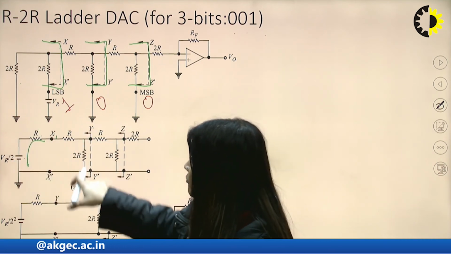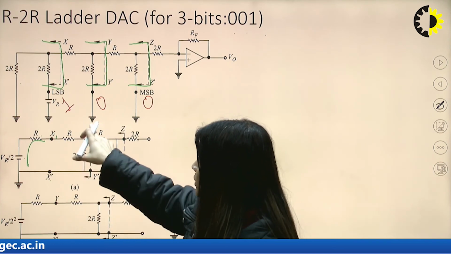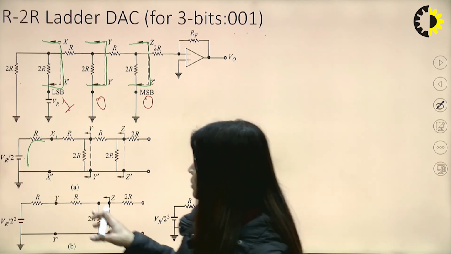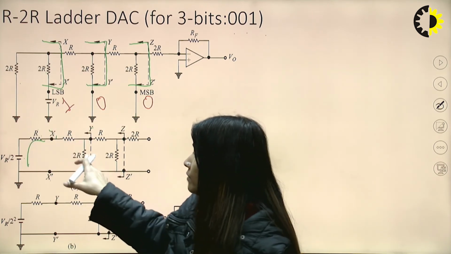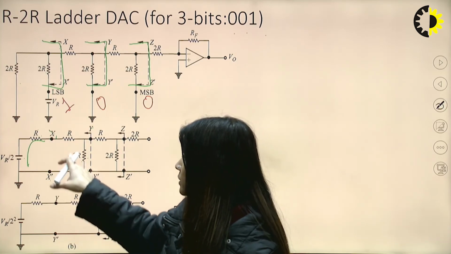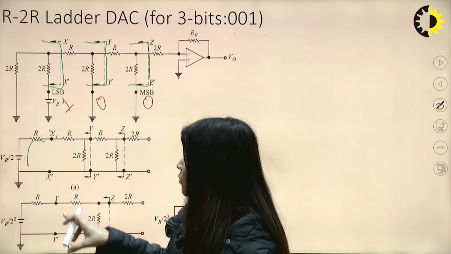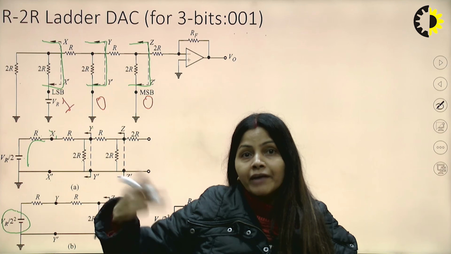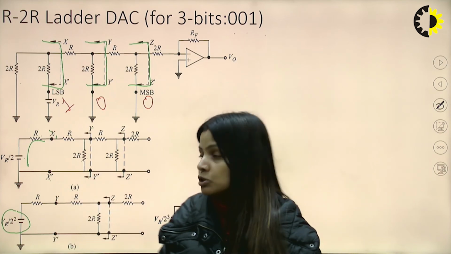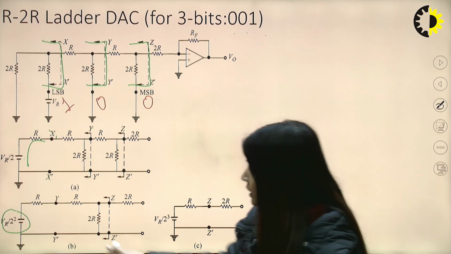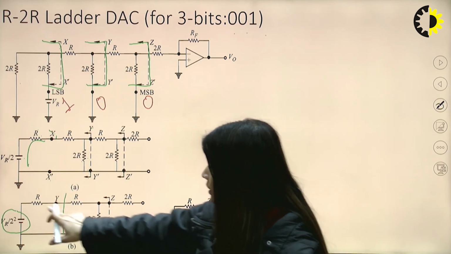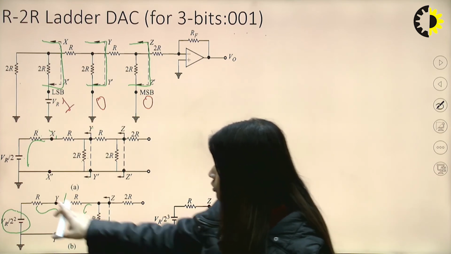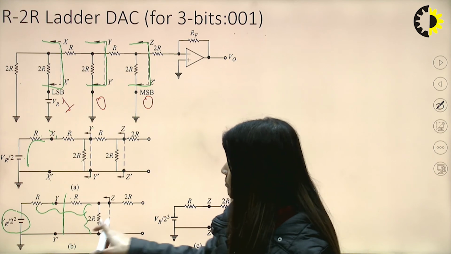Now we will open for Y and Y dash. For opening Y and Y dash, again, what we will do? The 2R and 2R again will be in the picture, and the resistance will be R again in Y and Y dash, and here this VR by 2 will be divided once more, that is VR by 2 square. Okay. So my circuit has been converted in this way. Again, this is 2R, these two are in series and this is in parallel. So 2R and 2R again will give the parallel combination,